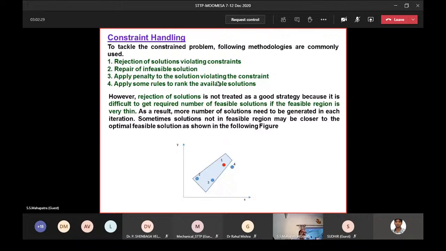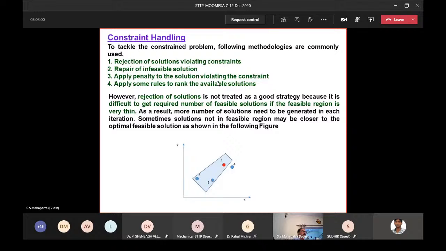The repair strategy differs from problem to problem, so there is no generalized repair strategy. The third strategy is to apply a penalty to the solution violating the constraint. You put a very large penalty into the objective function when you violate the constraint. This is quite a practicable solution, and in fact we do it